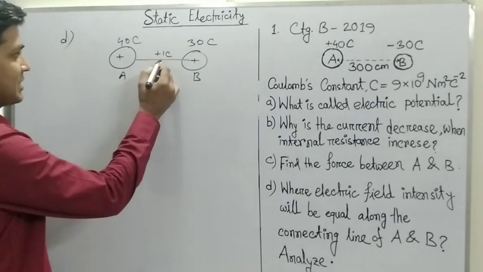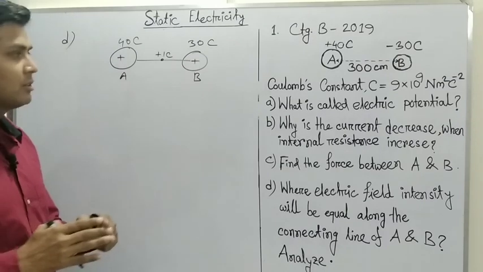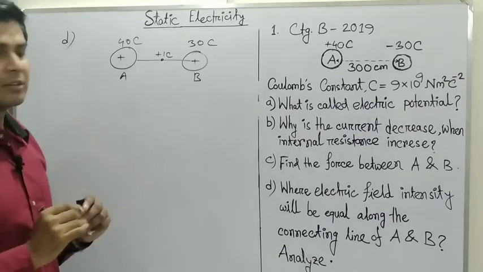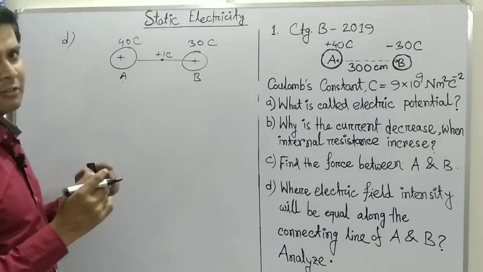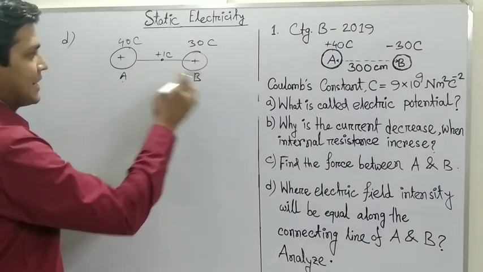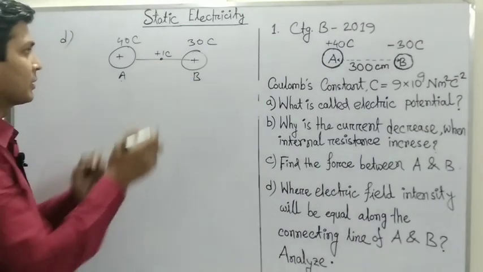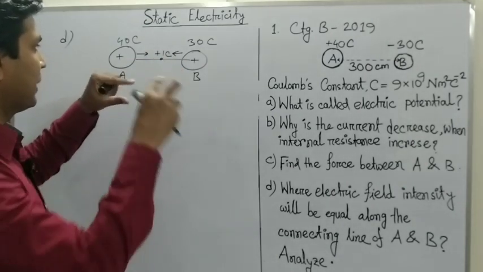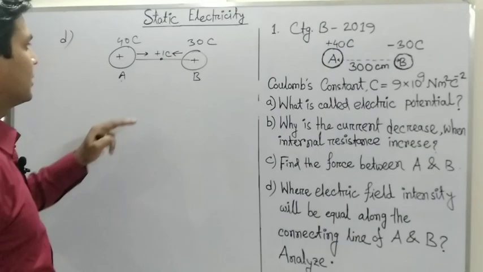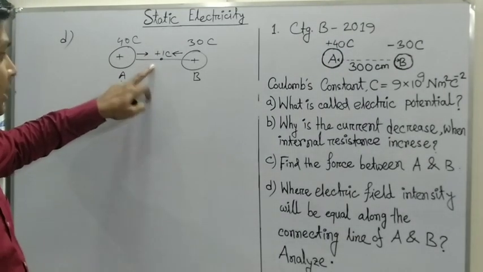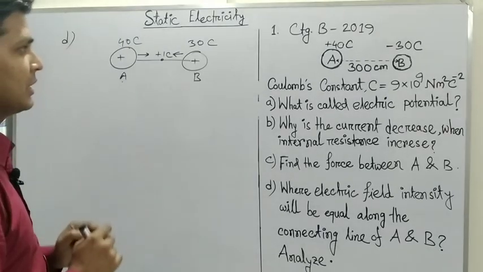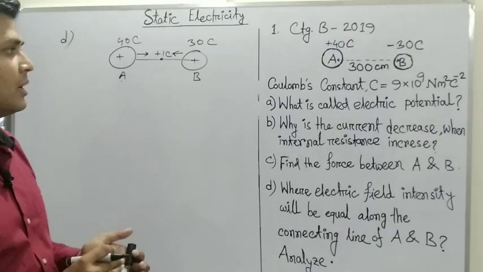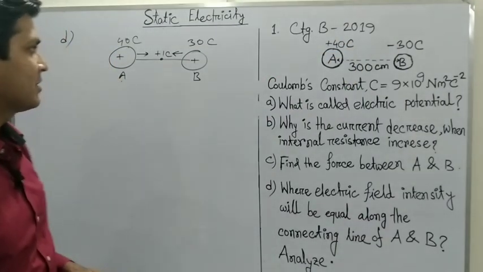then that positive or test charge will feel repulsion from both charges, because we know the same charges repel each other. From A, the test charge will feel repulsion, and from charge B, the test charge will feel repulsion. And that is why the charge will remain stationary at the point between the two charges. And in our question there is a negative charge. So what will happen if one charge is negative? Let us talk about it.